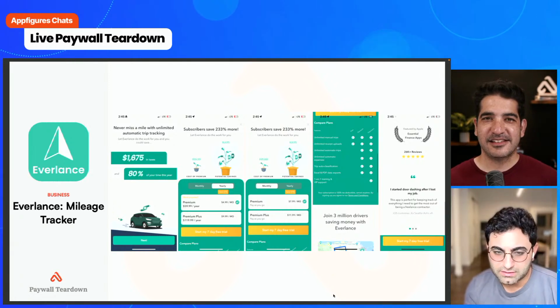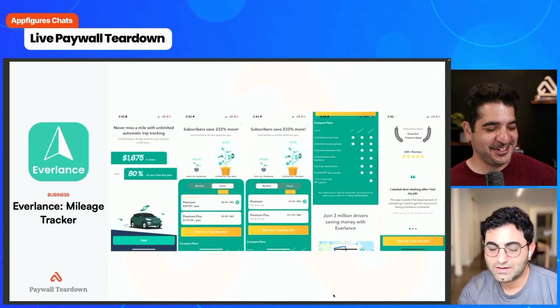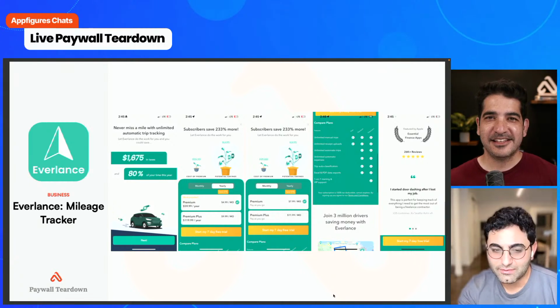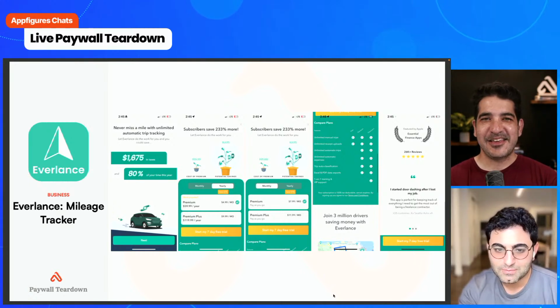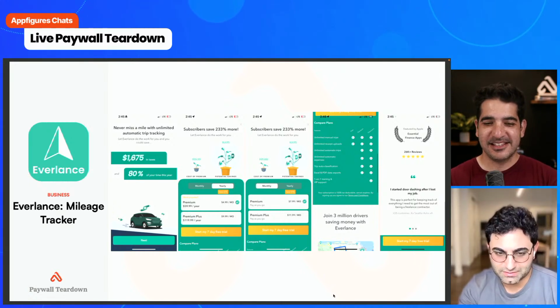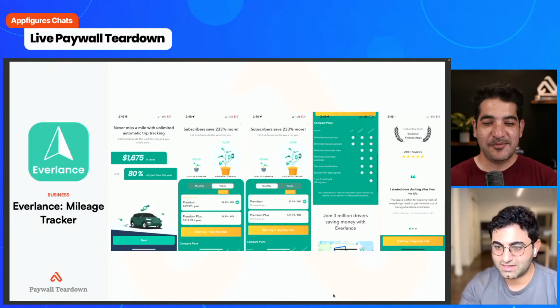I'm wondering why the yearly is to the right and monthly is to the left with the picker. Is that what you were talking about? Yeah, that's what I was talking about. I thought that's what you were talking about before. Oh, I was talking about how it says 4.99 a month versus 9.99 a month. It shows the monthly breakdown inside of the button. Oh, I see. I was talking about the placement. I agree this is a little odd. I feel like yearly should be to the left if it's higher LTV.